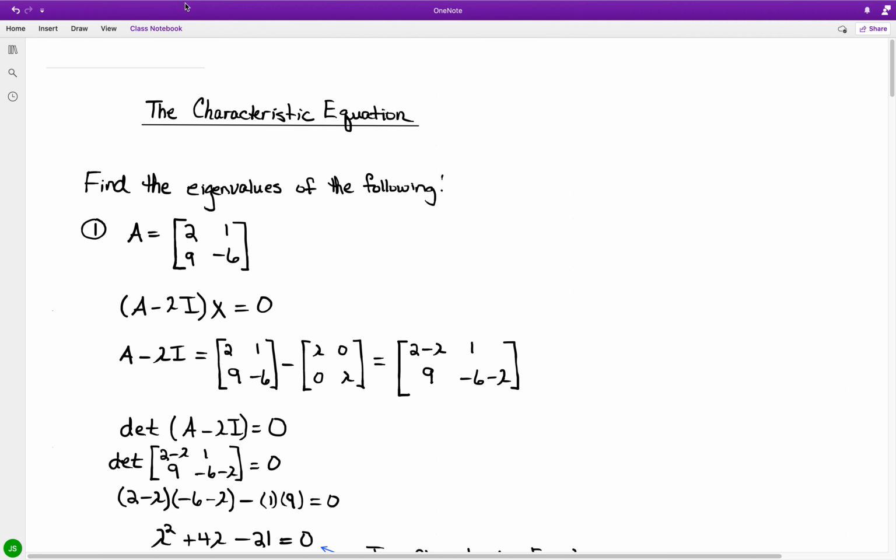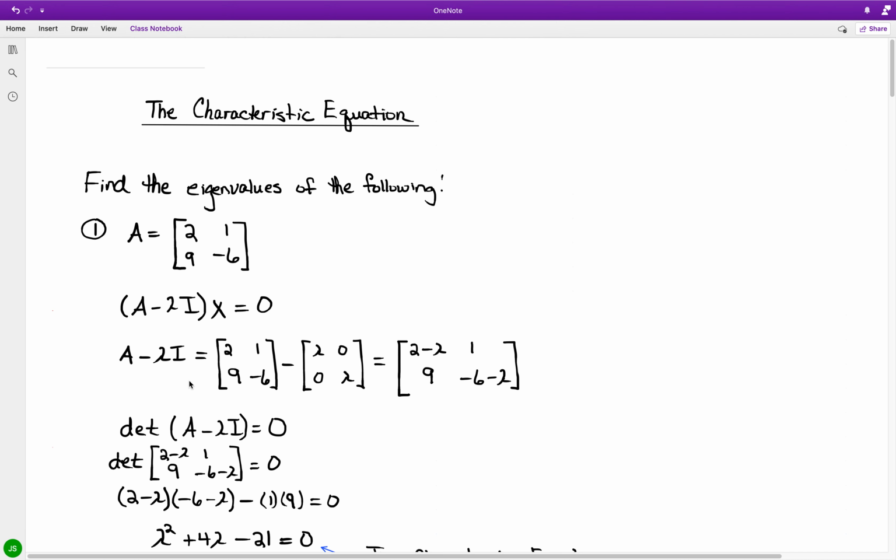is equal to, where in the first column we have 2, 9, and in the second column we have 1, negative 6, again just with familiar algorithms. Again we have the quantity A minus lambda I times x is equal to 0, and in initiating the pathway to the determination of eigenvalues, first of all we have A minus lambda I, so you have A given as once again 2, 9, 1, negative 6,